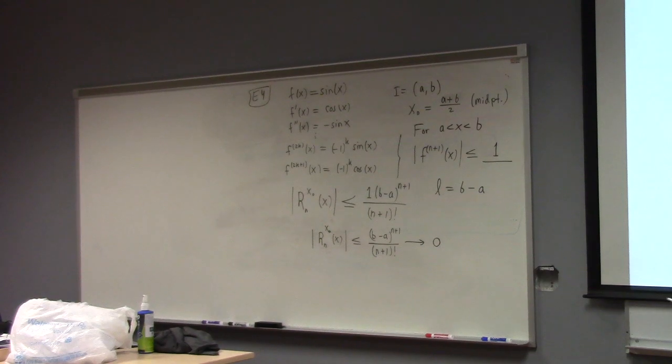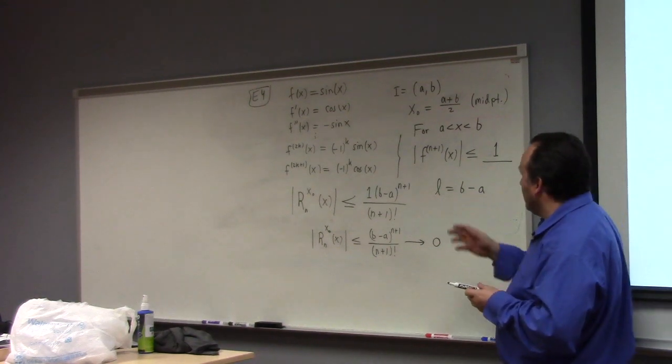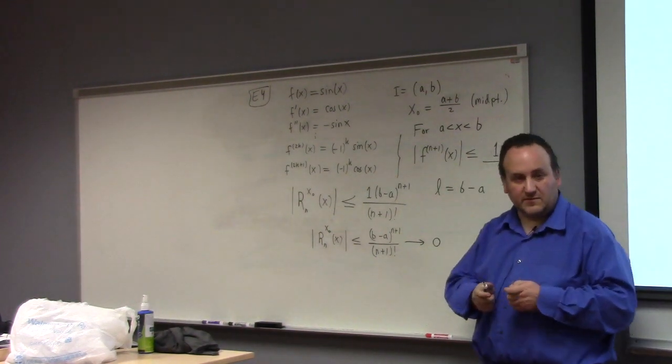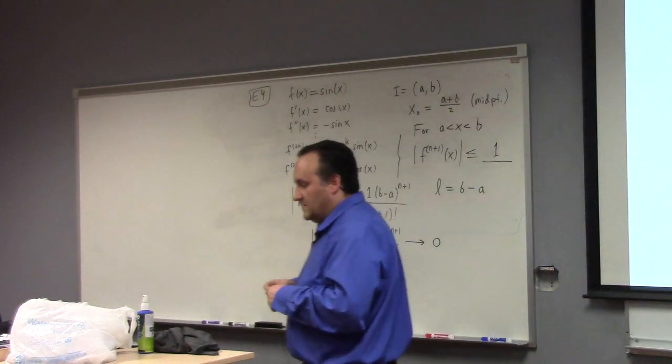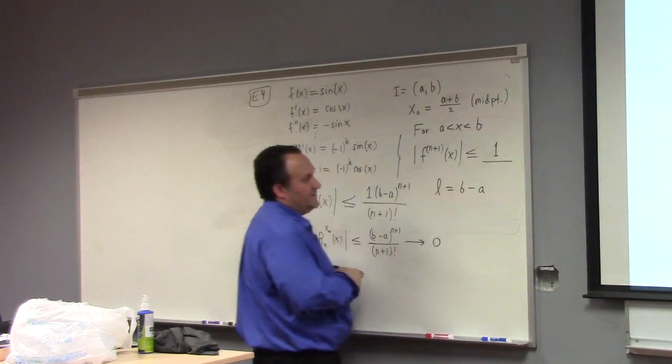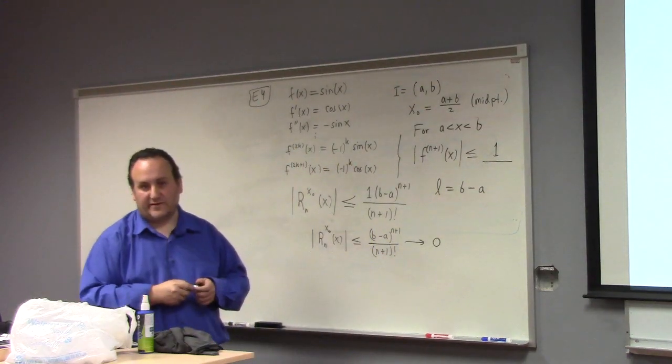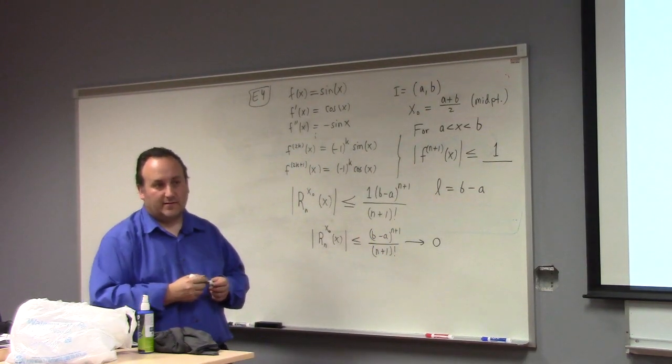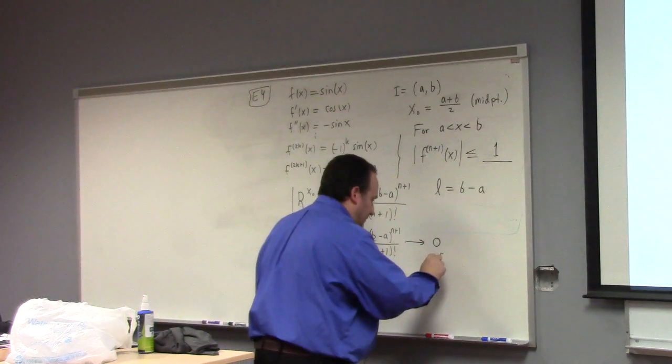But if you're a math major, it would be a smart thing to try to figure out how this goes for the exponential. It's a little bit different. It's not so nice for the exponential because you can't just say the derivative of the exponential is bounded by 1, right? I'll tell you this much. If we were looking at the exponential,